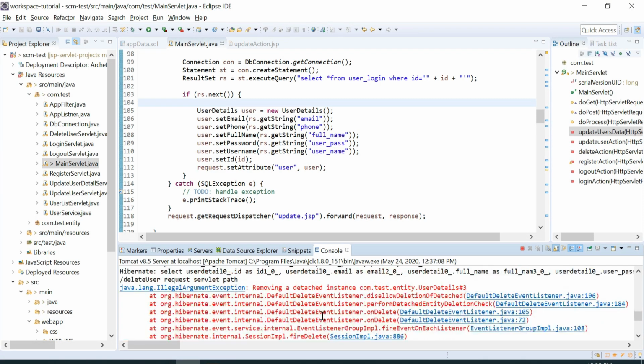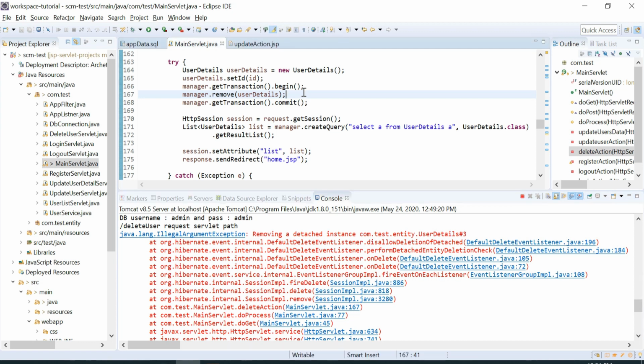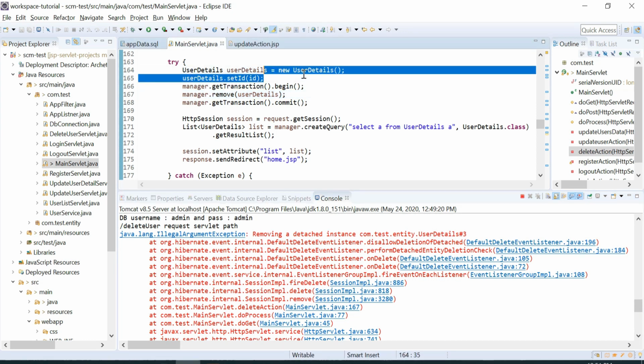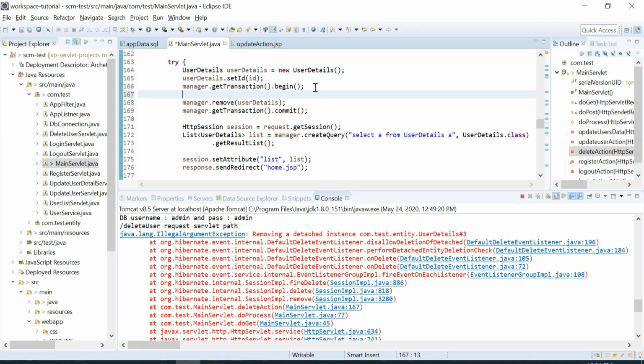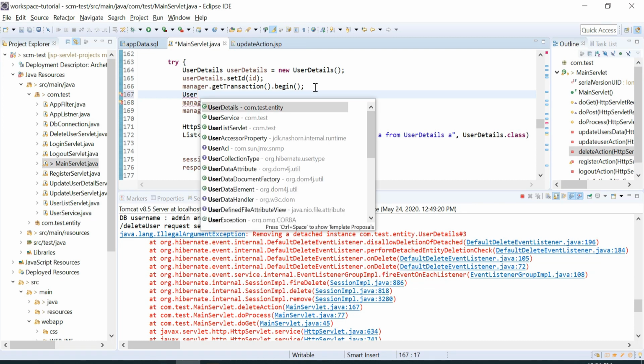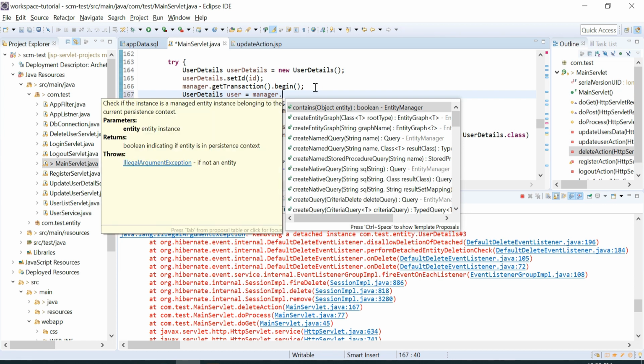Something went wrong. Remove detached instance, so instead of creating this, we have to take user details in a different way. User details user equals to, we need to find first because we need to check whether they exist or not.